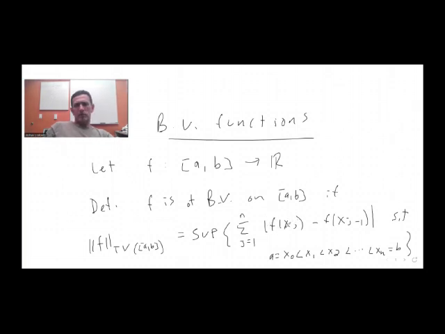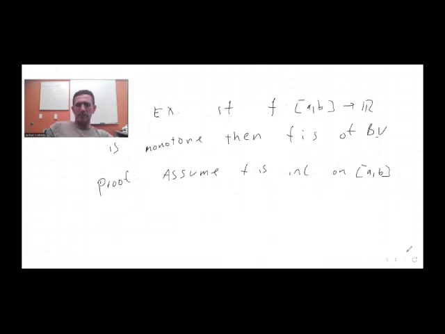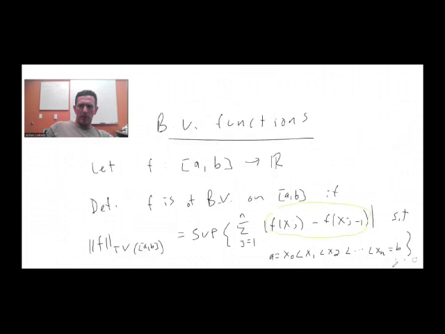I mean, it's just the absolute value of this whole thing here, except the minus goes in front of the f of xj, and in front of the f of xj minus 1 is a positive, but it's absolute value, so that doesn't have any effect. All right. Yeah, so given a partition,